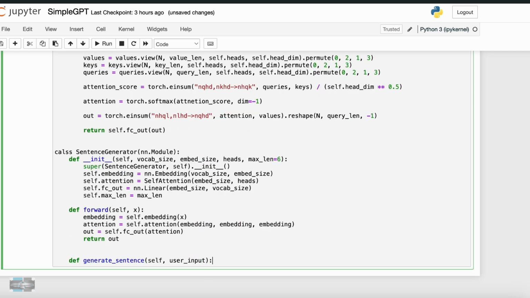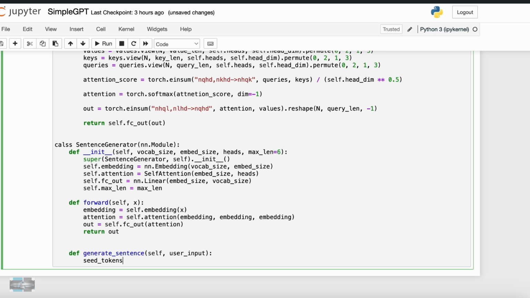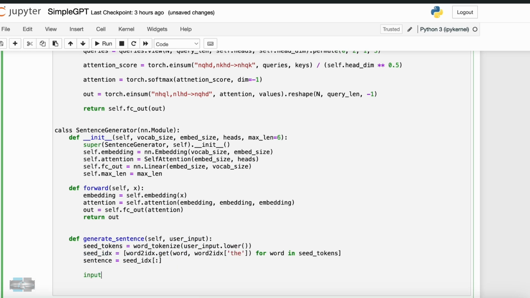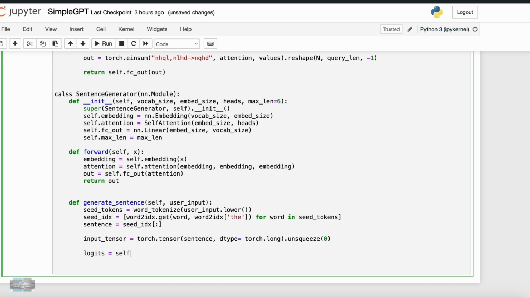So firstly, let's fetch the user input and convert it into tokens. So basically we are going to send the input as tensors. After converting to tensors, we need to call the self attention class. This logits variable will hold the output from the self attention class, that is the FC, fully connected layer output,